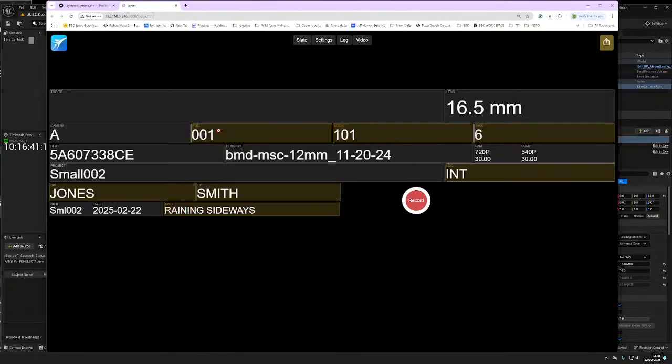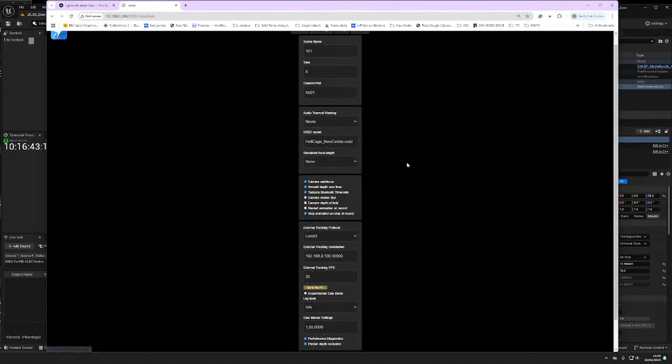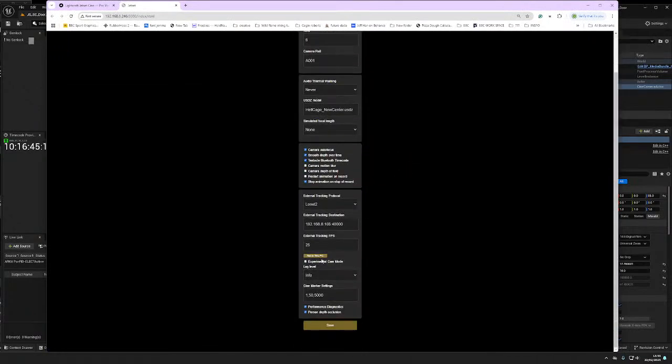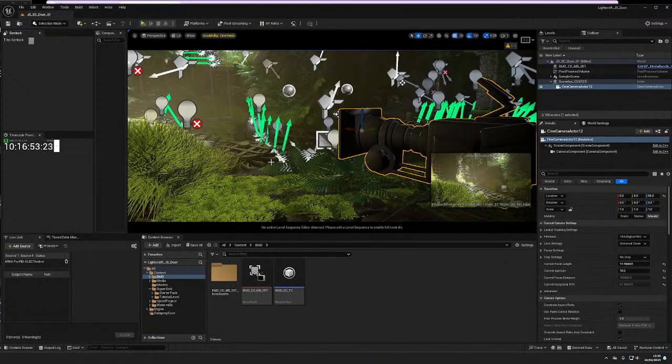We need to open page settings. So tracking is low net, set this to the PC, copy this, save. Because we've installed Lonet 2 and the Python, we can now go down here, Lonet 2, change the port to what we just had, copy, and